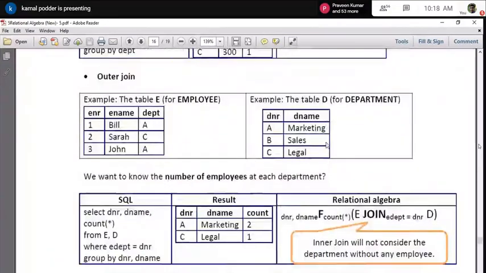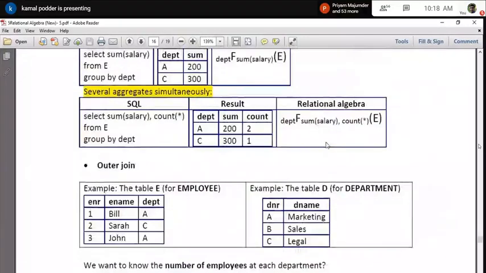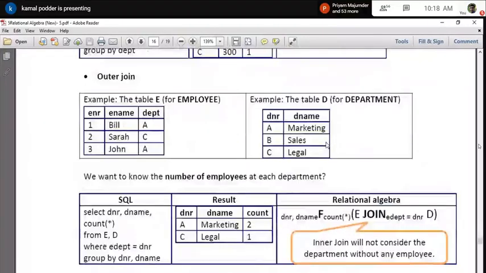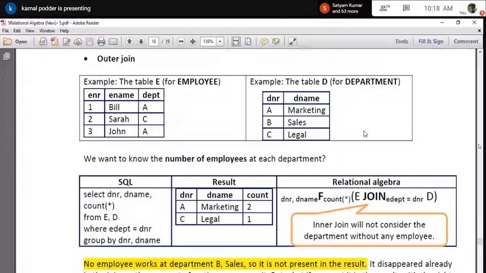Now just see this thing. Okay, now let's see the outer join. We have already covered the inner join or plain join, sometimes we call this equijoin, and other things we have already discussed. Then let's see what is outer join, why it is required, and that is the most important. We'll cover the outer join in more detail in the SQL part, where we need to write different types of outer join to satisfy different queries of the user. Here we just see what is outer join on the relational algebra side.